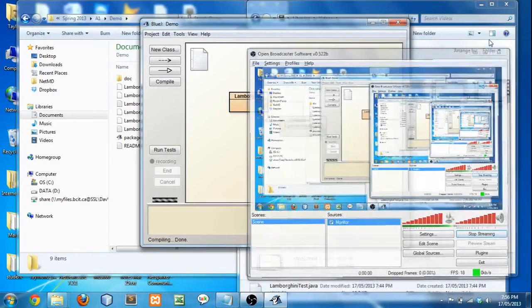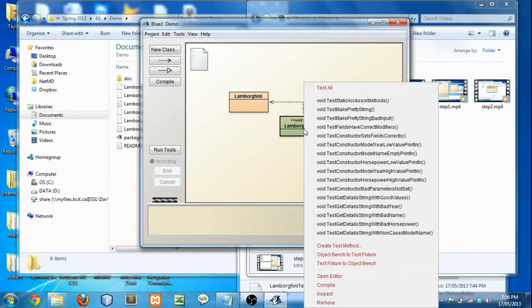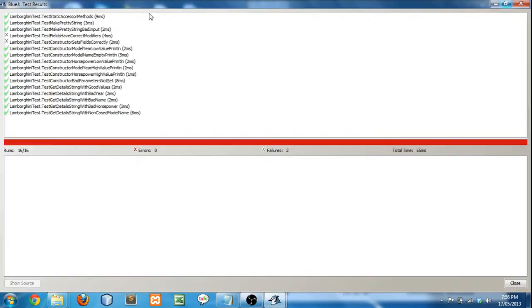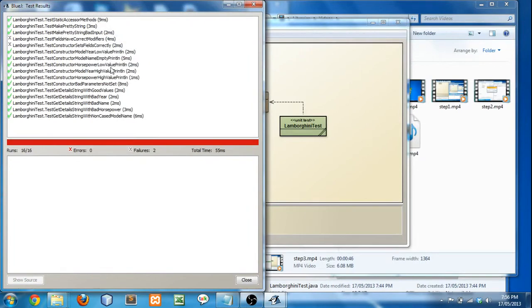Okay, so now let's run it when you haven't done things correctly. So I'm going to right click, test all. Oh look, so I have a red bar now. Let's make it half screen. So that means I failed something. I failed 2 tests here. So if I click the test that I failed, and you can see that's the test that you failed because there's an X instead of a check mark. So if you click it